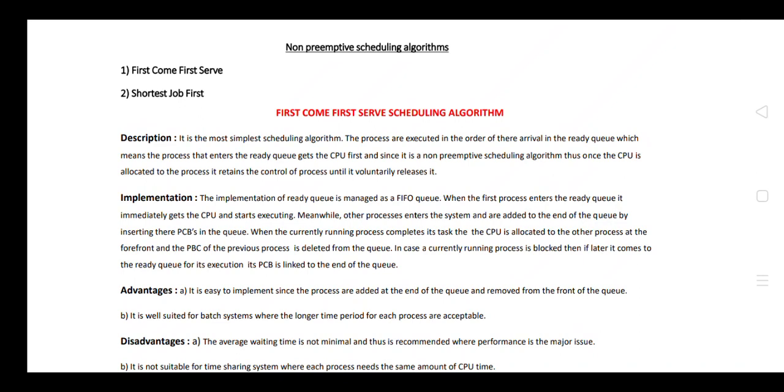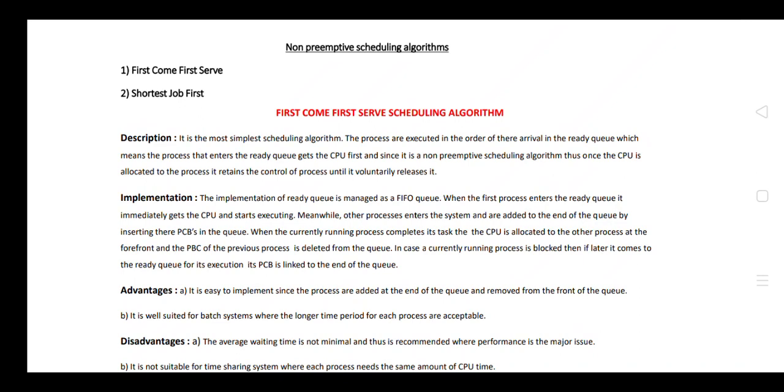The ready queue is managed as a FIFO queue, first in first out. When the first process enters the ready queue, it immediately gets the CPU and starts executing. Meanwhile, the other processes enter the system and are added to the end of the queue by inserting their process control blocks in the queue. When the currently running process completes its task, the CPU is allocated to the process at the front of the queue. See, by mistake it is written PBC, it's actually PCB. The PCB of the previous process